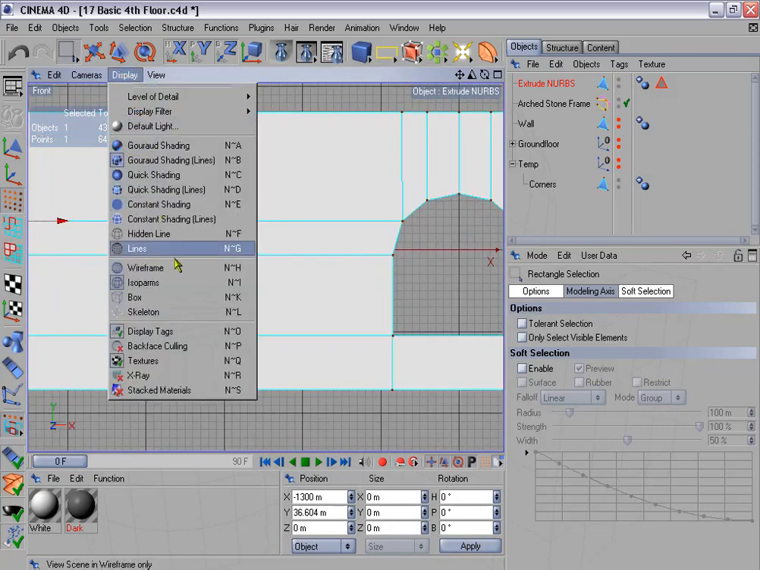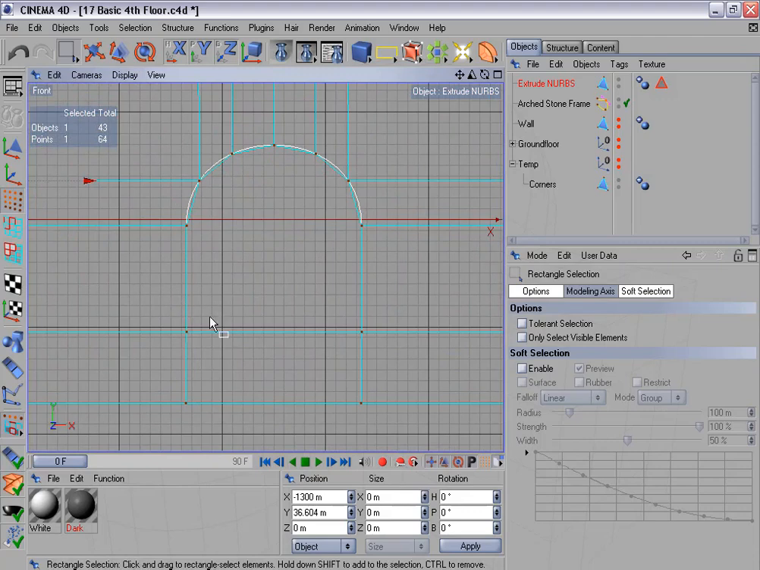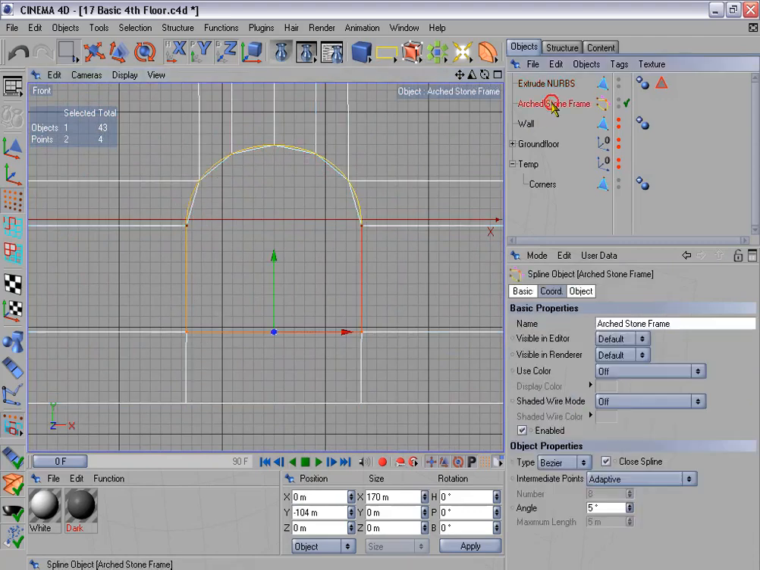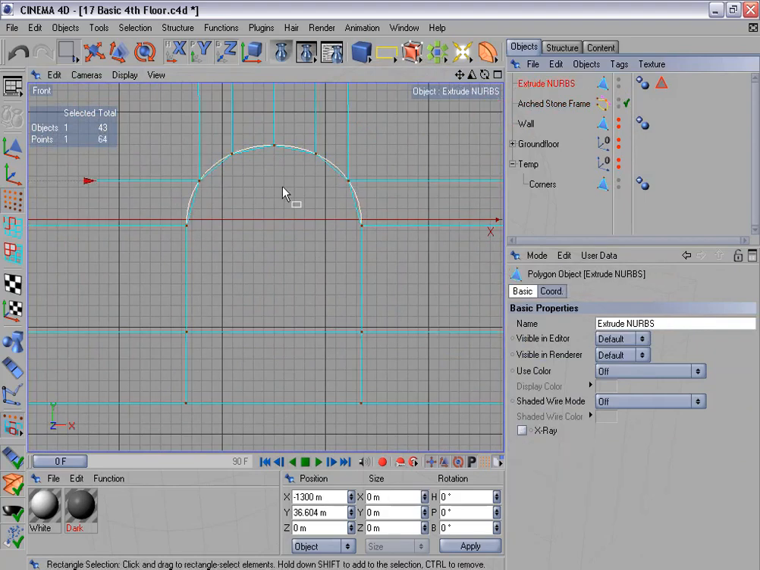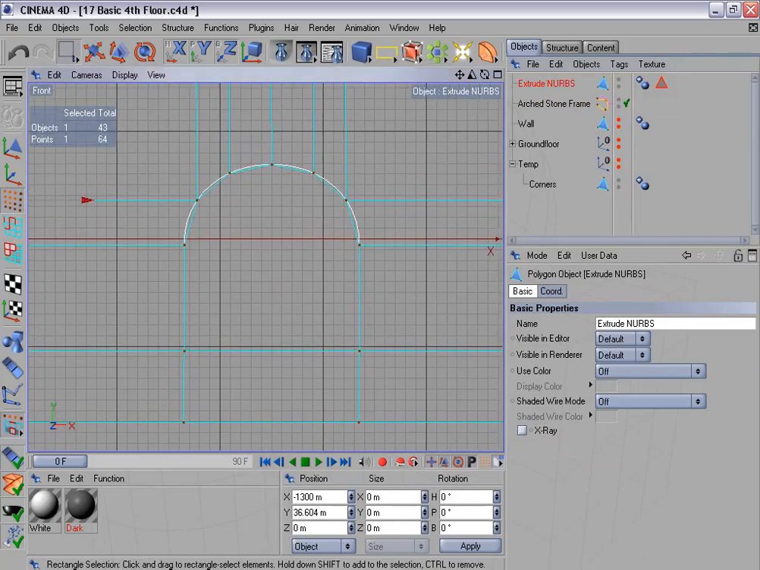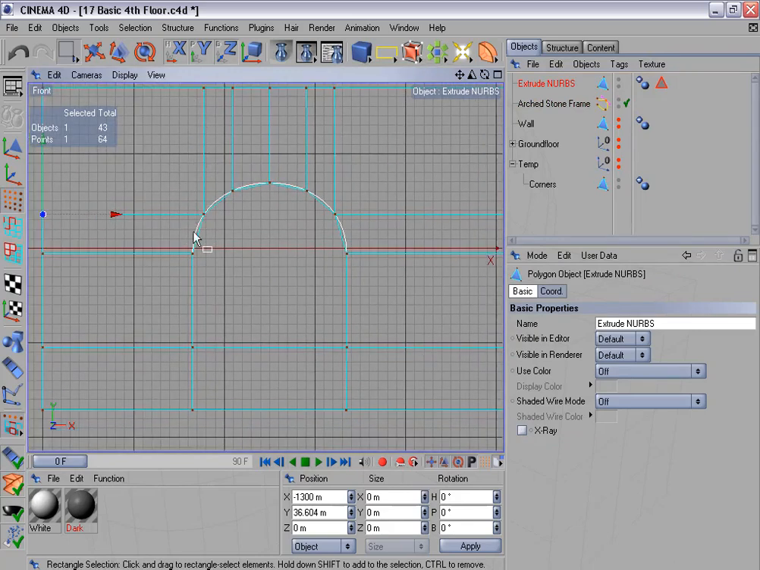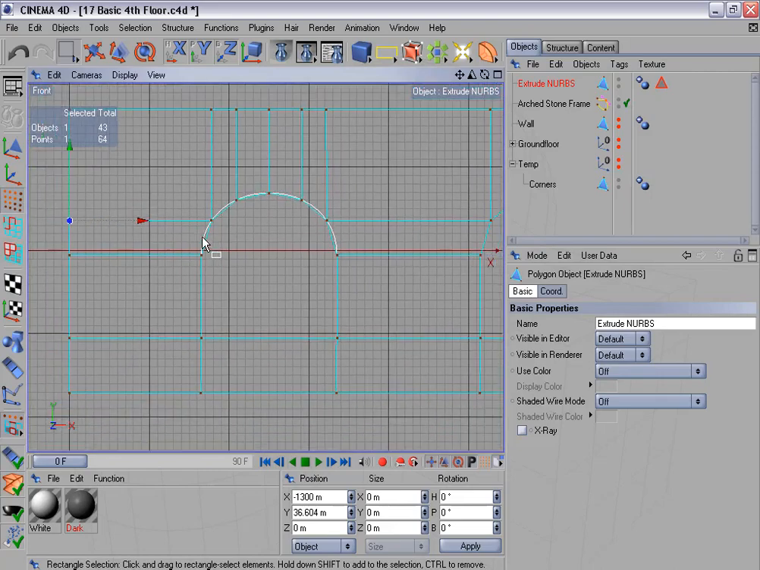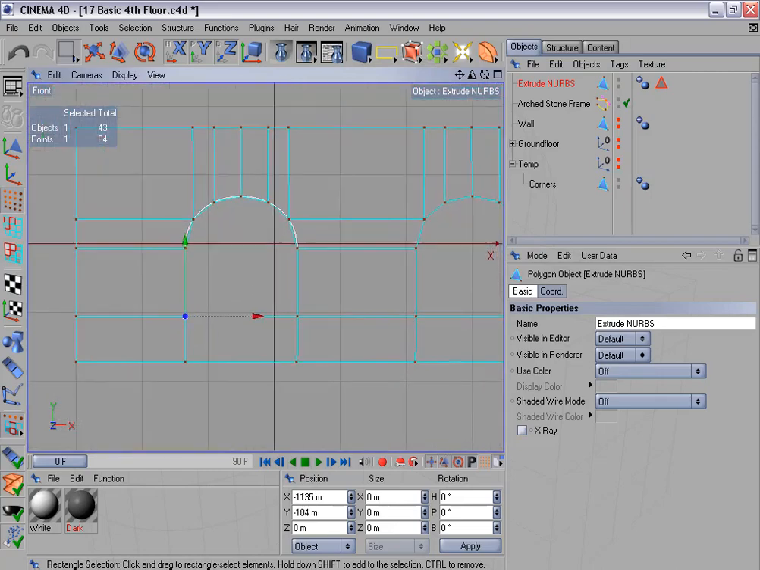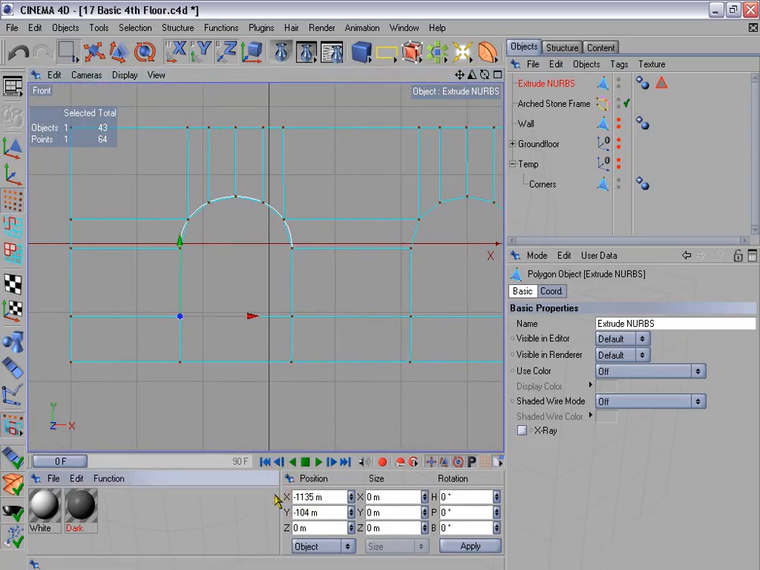If I switch the display to lines here, you can see that our stone frame spline fits perfectly down here, but it needs to be inside this window opening up here, and I don't want to scale down this spline, but instead we're going to move the points on the wall so that this spline fits into this opening. And what I'm going to do here is select one of these original window points as a reference and copy the X position,